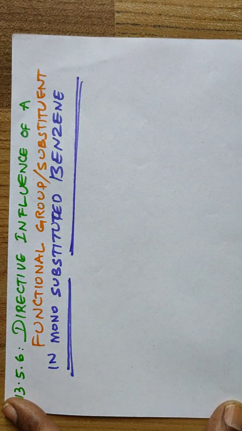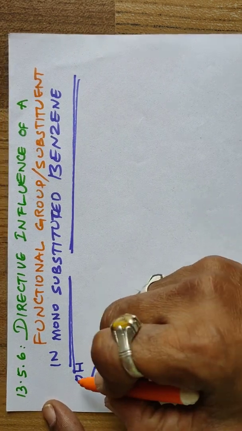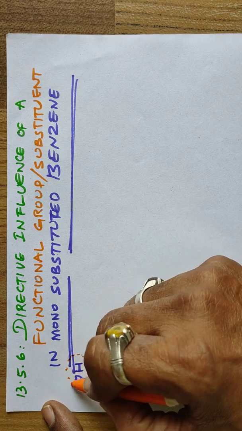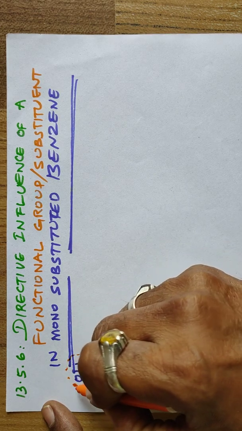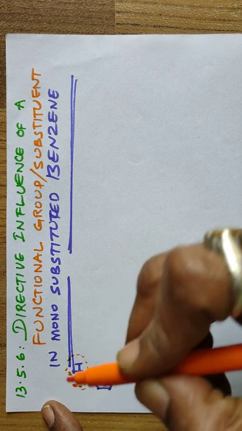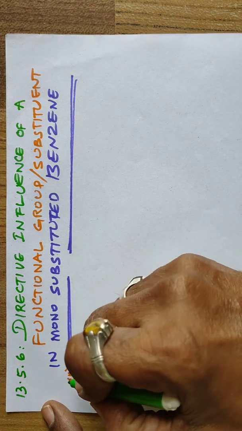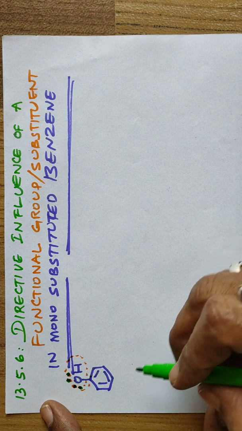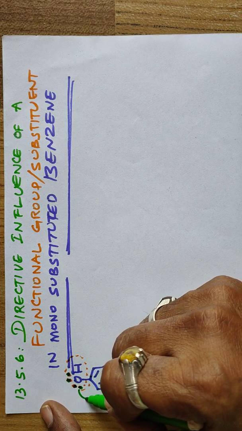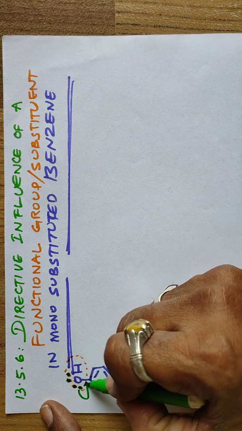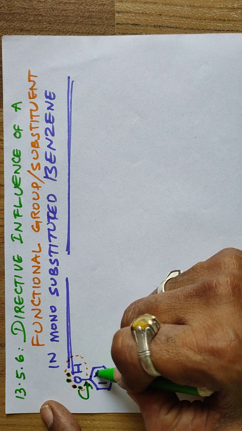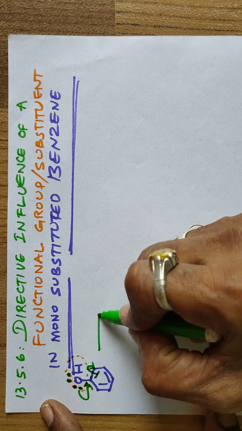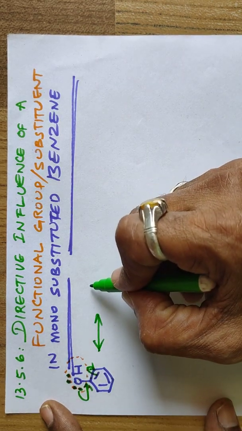Right, if you take phenol as an example, already one substrate is present, that is an OH group, and this OH group oxygen has two lone pairs of electrons according to the Lewis dot structure. As they start delocalization due to resonance, these electrons are shifted between O and C, and the C-C pi bonding electrons are shifted in this manner, and it participates in resonance.